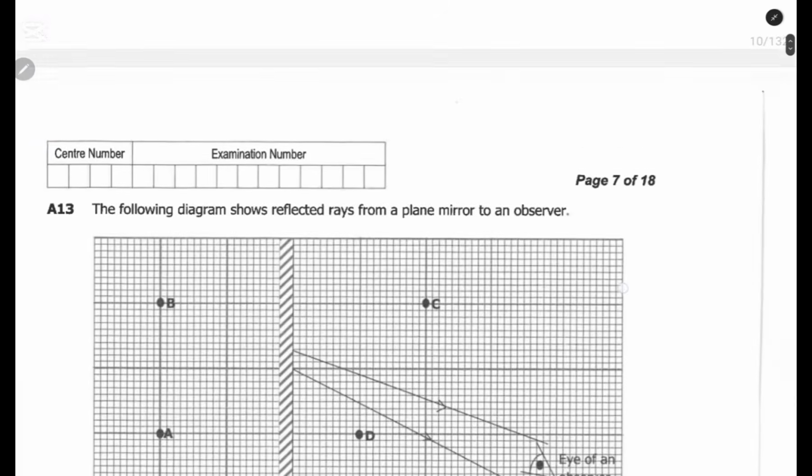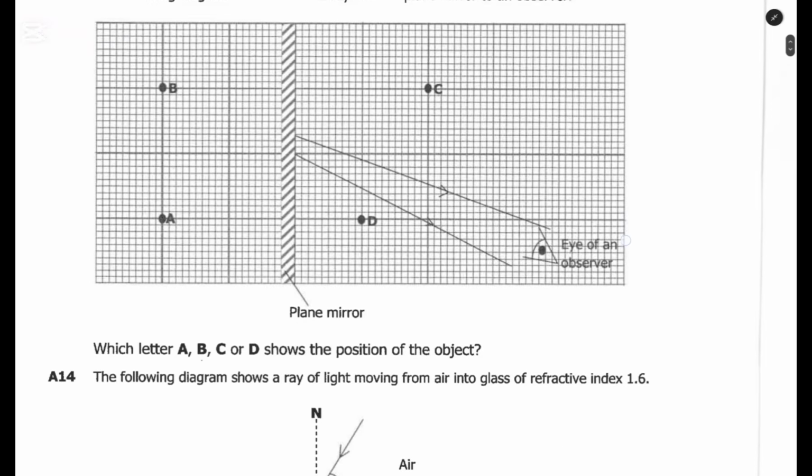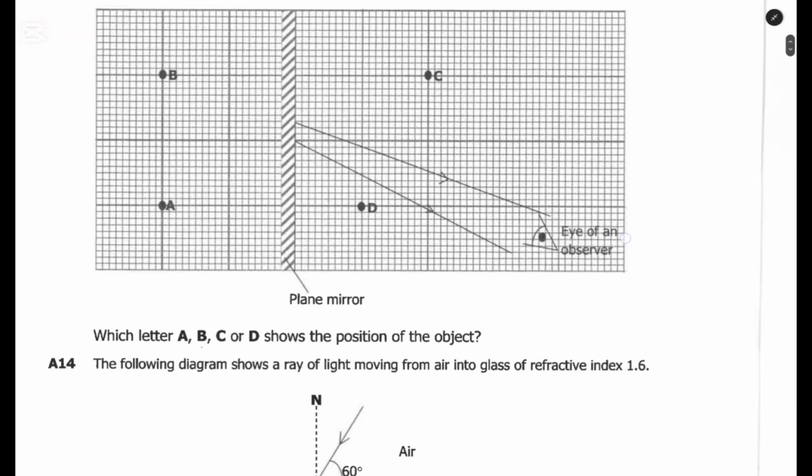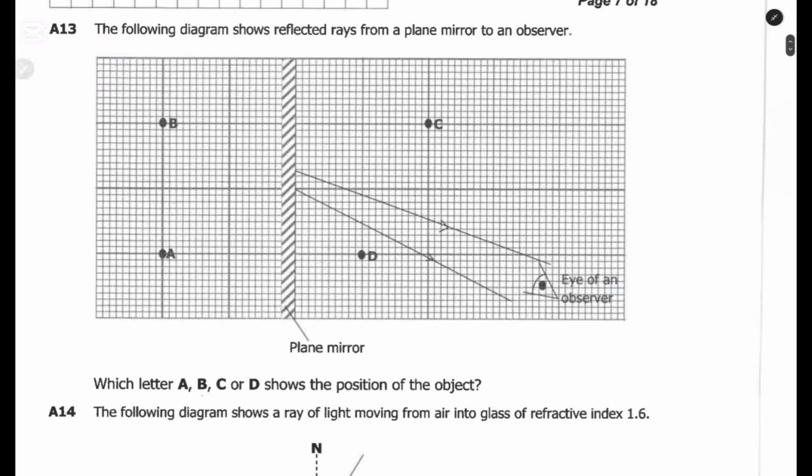Up to question 13. The diagram below shows the reflected ray from a plane mirror to an observer. Which letter, A, B, C, or D, shows the position of the object? For the object to be observed, it cannot be on the other side of the mirror. You know that a mirror has to do with reflection. Only the image can be on the other side. This is the mirror line. So you expect the object to be on this part of the mirror, and therefore it cannot be